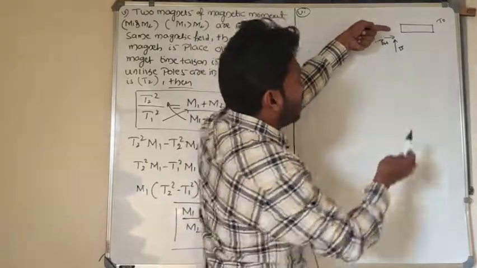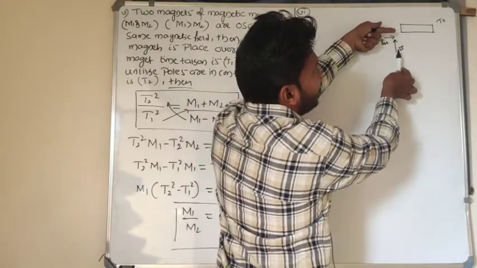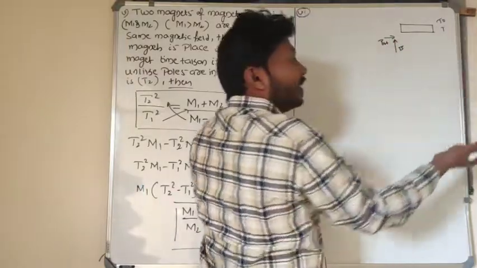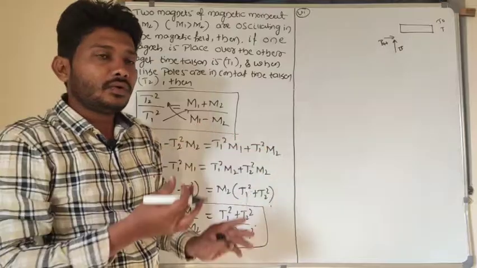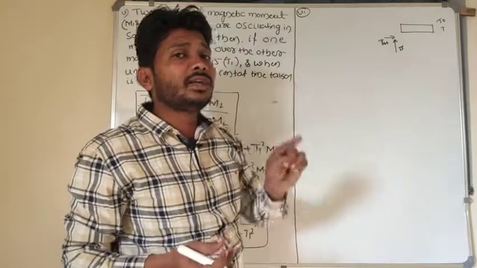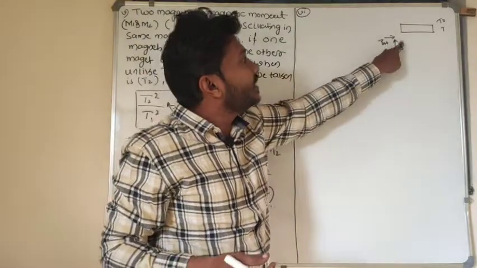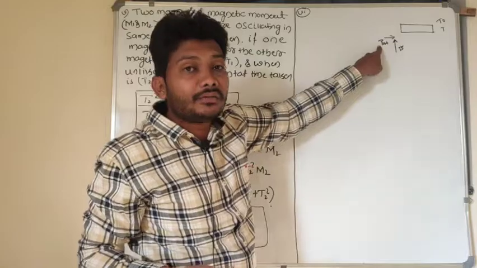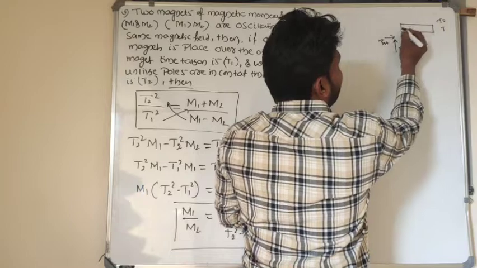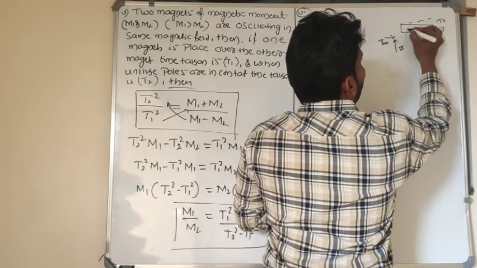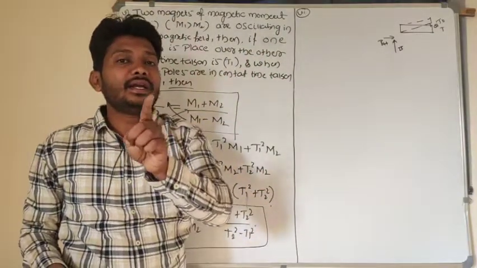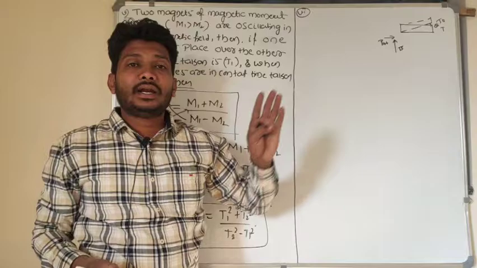In another case I will take another magnetic field, that another magnetic field will be perpendicular to the horizontal magnetic field, then time taken will get changed here, time taken is T. Then I want to find out what is the relation between T naught and T. And one more thing I need to understand here, when magnetic field B which is perpendicular to B of H is applied, this needle will get deflected by a certain angle. Look at here, this magnetic needle will get deflected by an angle theta here. Then I can find out what its new time period will be.